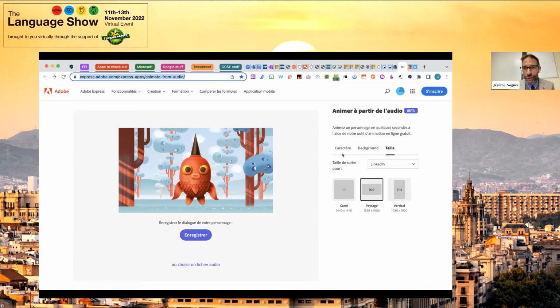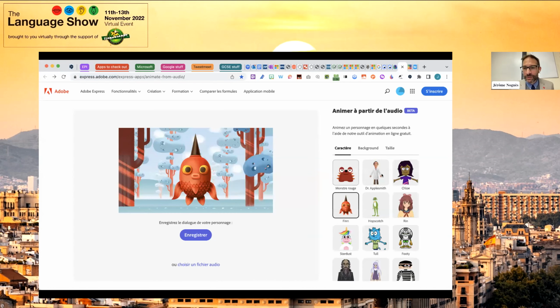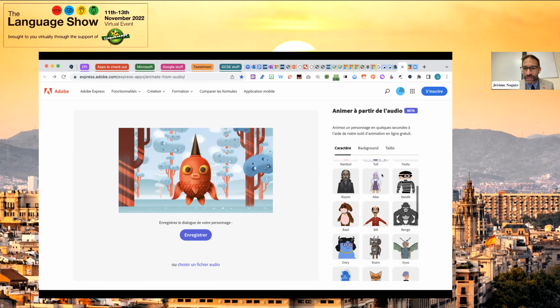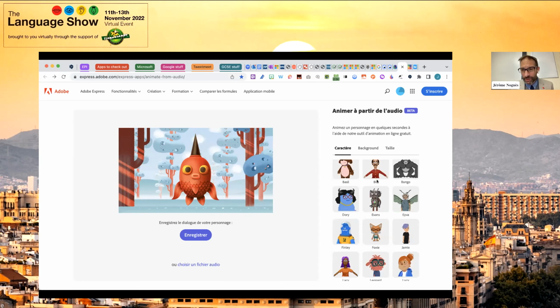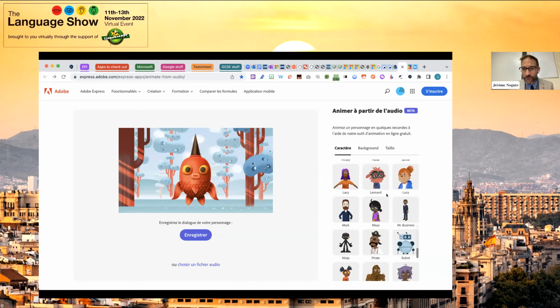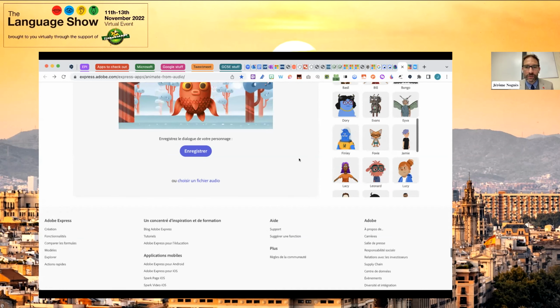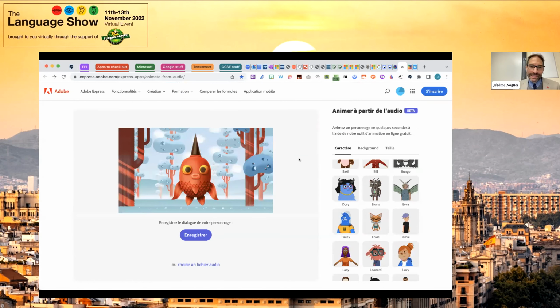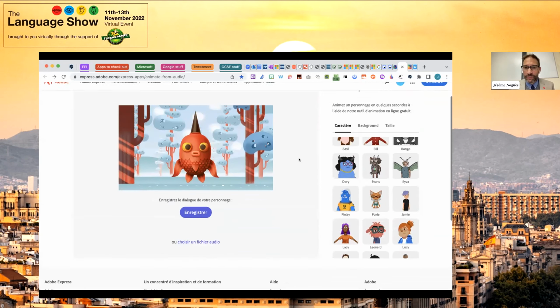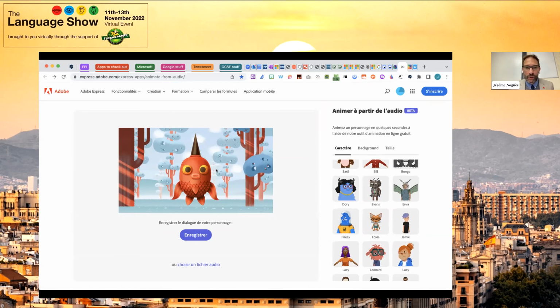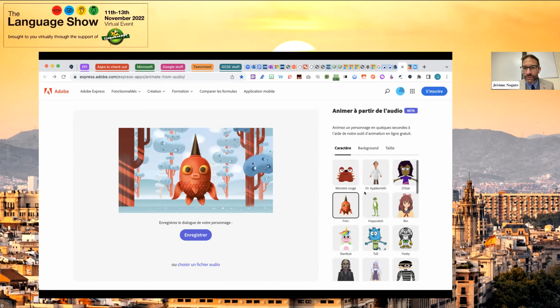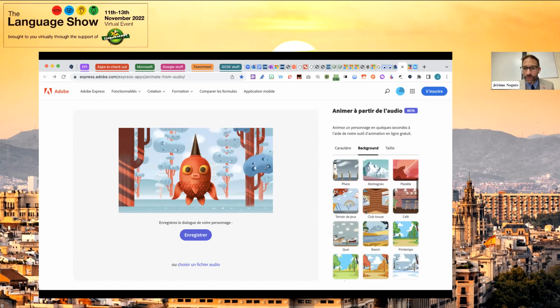So you can see probably a fish at the moment, but yeah, I think it's something which can help with developing oral skills and stuff like that. So what you need to do, or you can do, is you have an array of characters that you can see there on the right hand side, and you can pick. You've got some human-looking people and cartoony people and things like that. So whatever you want to do with it, I think for children and for younger students, it's quite fun to be doing that. Under 8, yes, 7, 8, 9, maybe a bit higher up, but it'll also work quite well. So you have a character, you can pick, you can see I picked a fish there. Why not? You can pick a background, whatever you fancy.